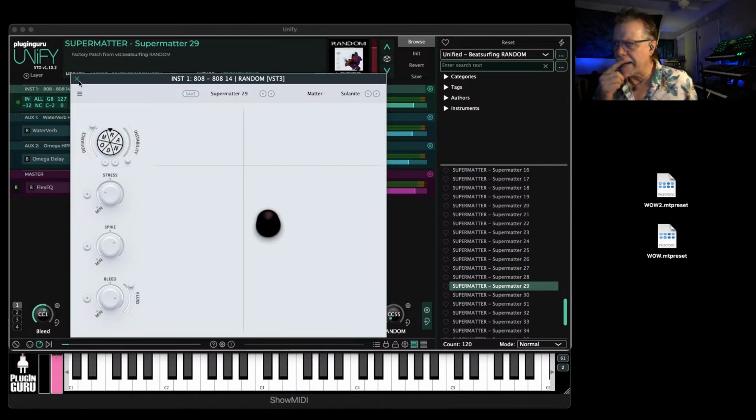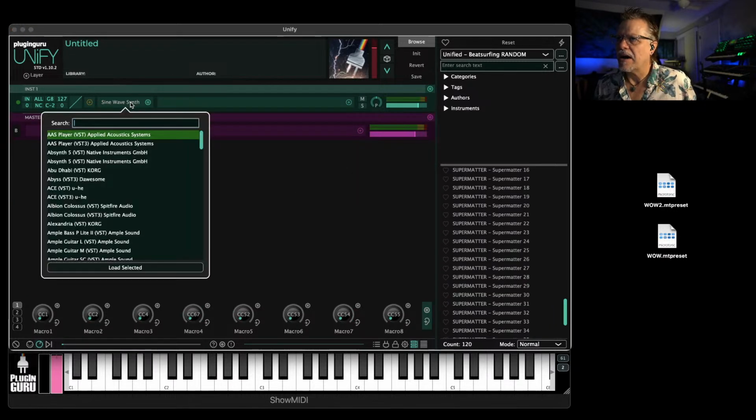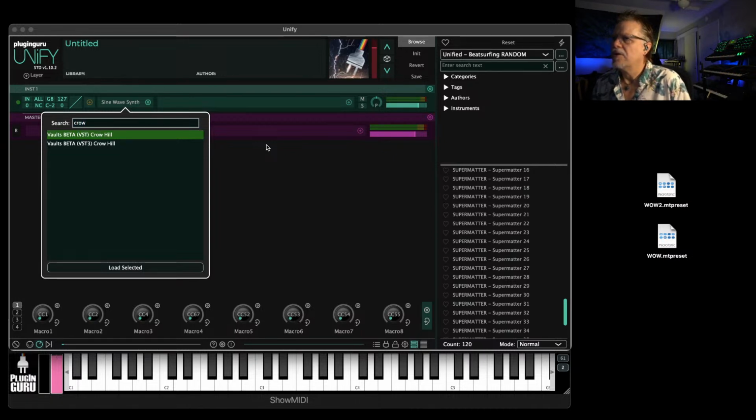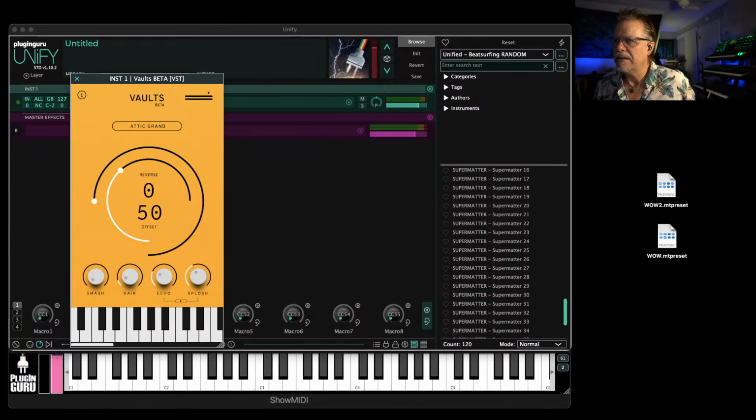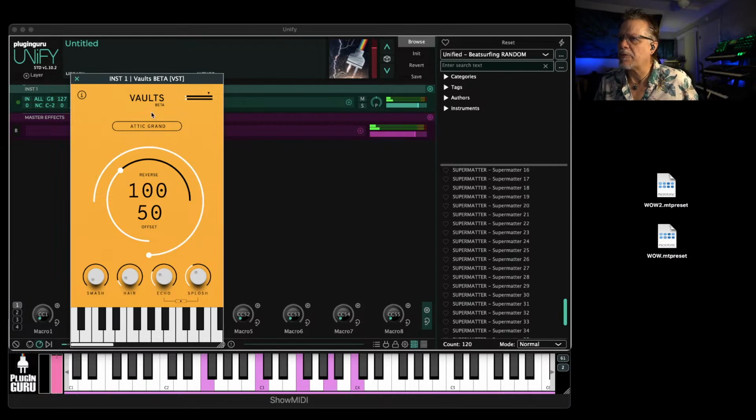There's one more plugin to show you guys that I forgot to show you. We're not unifying it because it's very basic. It's a single patch. Christian Henson, he is back with a new company, a new direction. He has a company called the Crow Hill Company. They have Vault Beta available, and it's at $1,000. It's a nice piano. It has some cool things. It has a reverse parameter on it, which you can use to get like a reverse delay. So you turn this up and